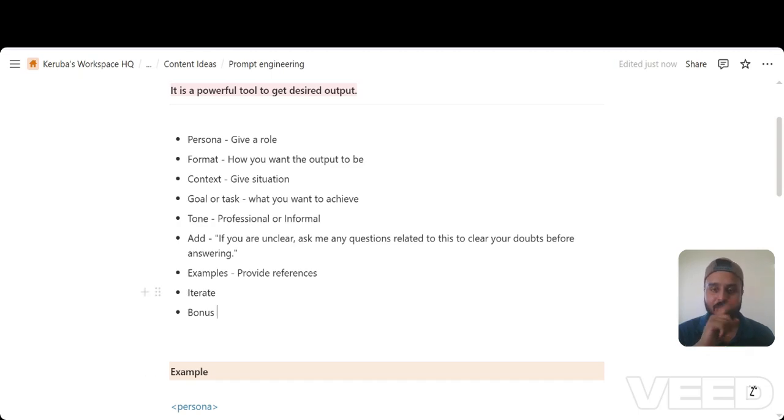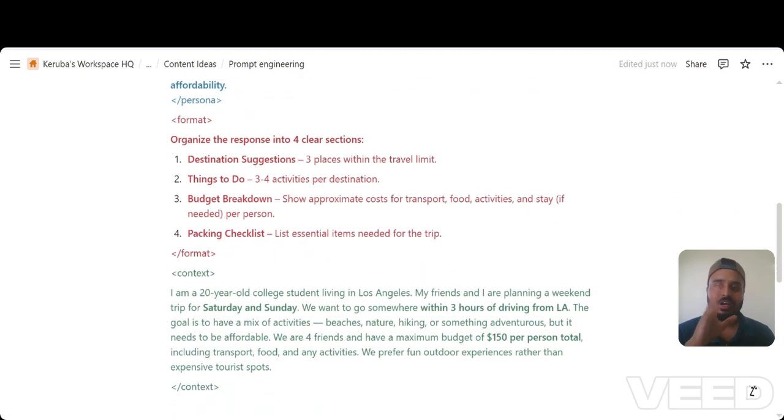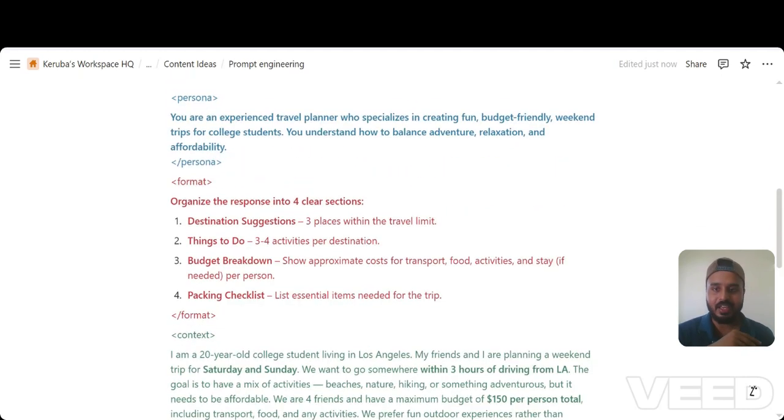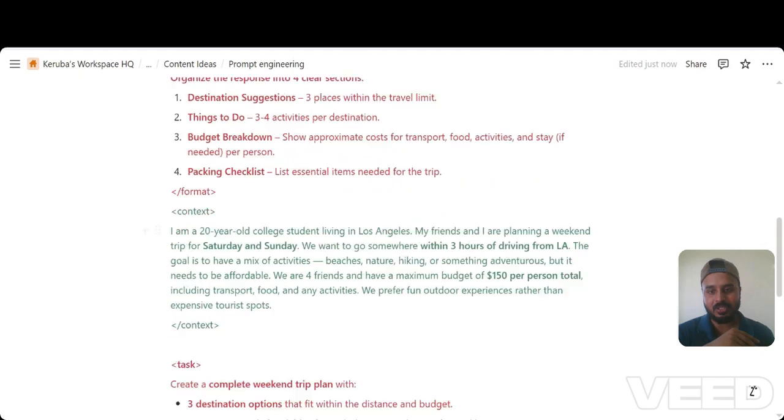We will see an example, but before that I will give you a bonus. How do you know if people are using ChatGPT? Of course you know this, but just think. Do you see the long dashes over here? It means it's ChatGPT. You can say I even created this example using ChatGPT.